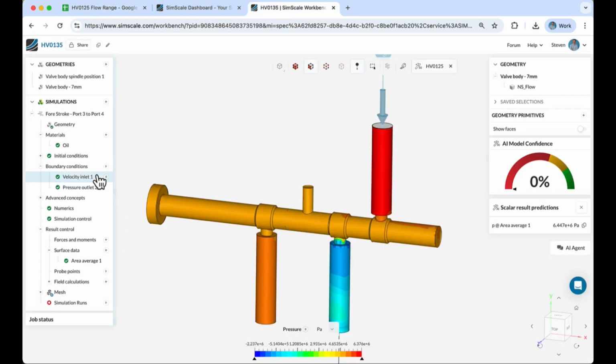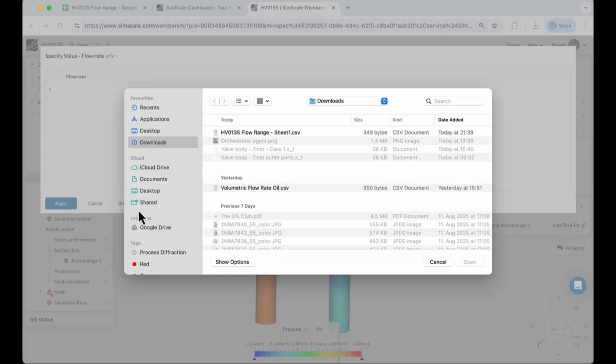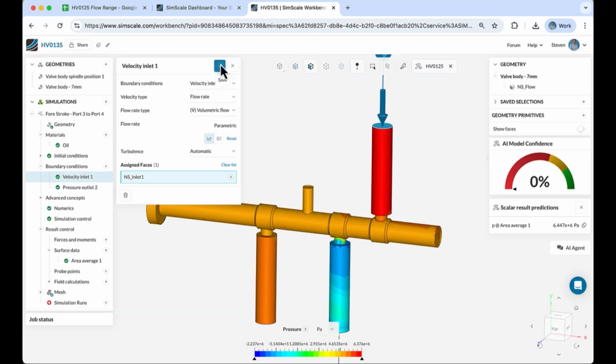So in order to expand the data set, we would need to create some more simulation data. So we're using a new sweep of flow rates, 40 flow rates that go up to a higher flow. And then we can start a new parameter sweep in SimScale that covers this new parameter space.